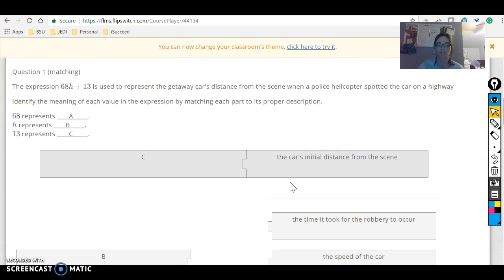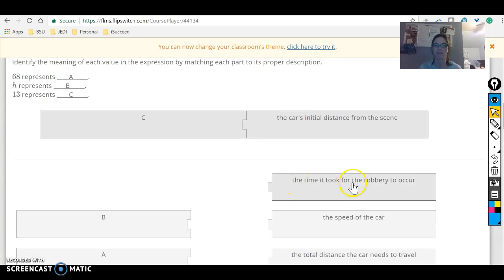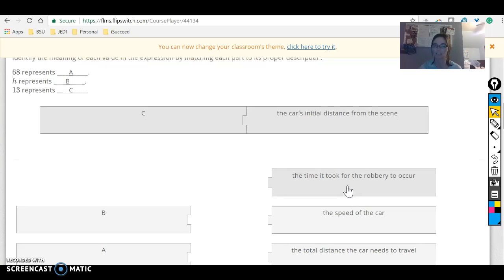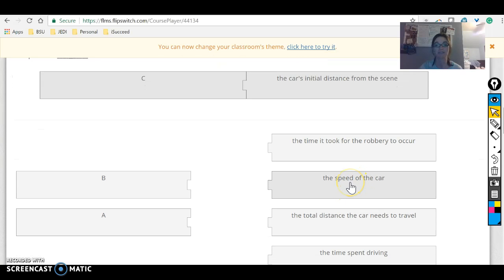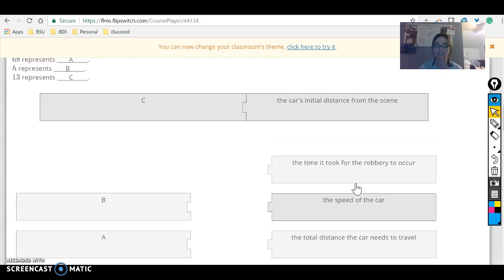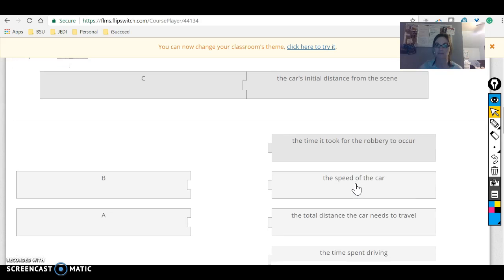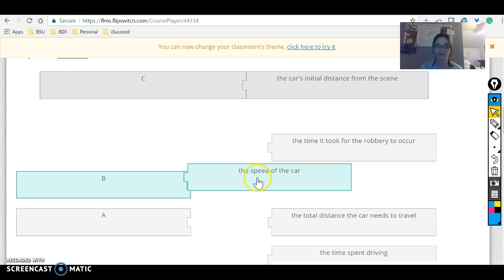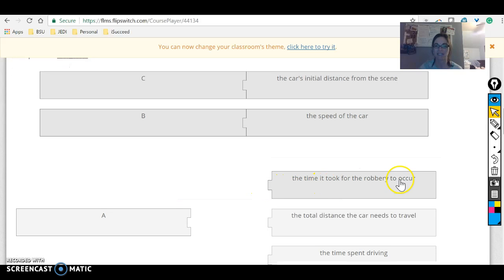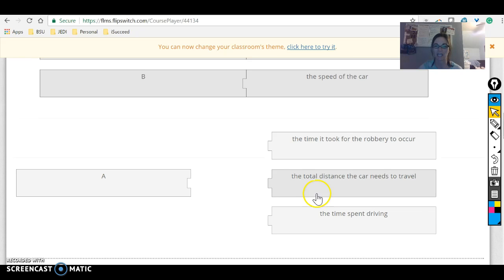Two things multiplied together that could give us a distance, okay? The time it took for the robbery to occur isn't really going to give us a distance. Now, the speed of the car multiplied perhaps by the time driving could give us a distance. So I would say that H is going to represent the speed of the car, and 68 or A,